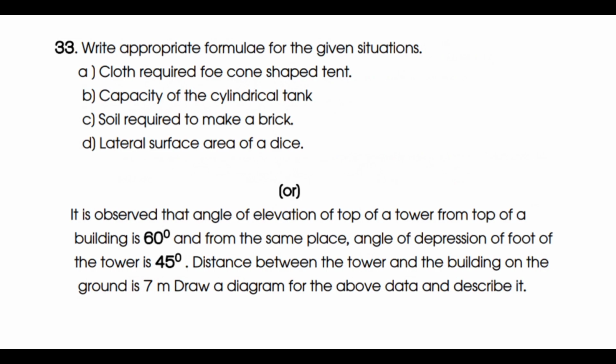Even question number 32, the choice problem also: find the length of the chord which makes a 60 degrees angle at the center of the circle whose radius is 6 centimeters. Again, the same model we have in that example 5 from the trigonometry. So refer to that example 5 from the trigonometry, a very important model.